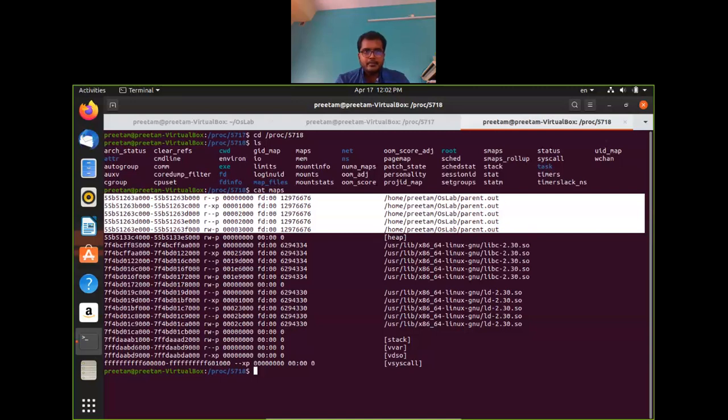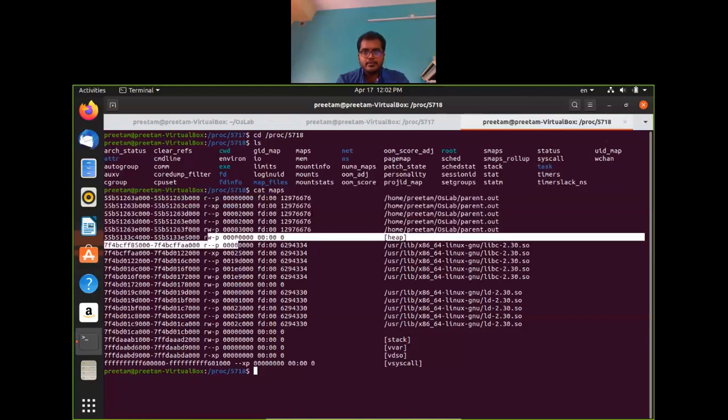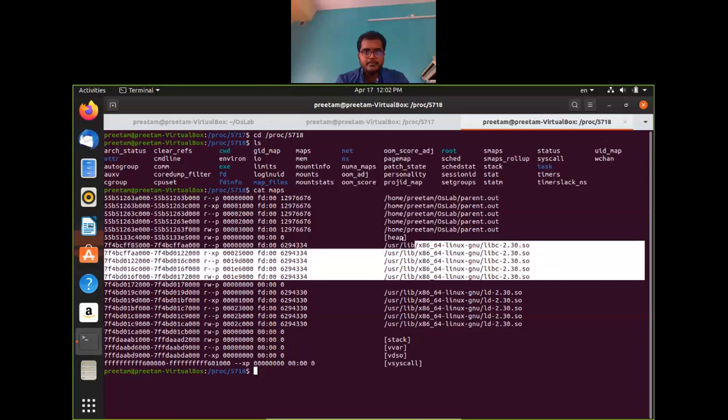And you can find that there is some RW-P. They are the variables which are writable. And these others have no write permissions or no execution permissions. These r-- entries are the static variables or read-only variables. All these things are there. Similar goes for all these modules. If you look at the libc module, you will have the same thing.